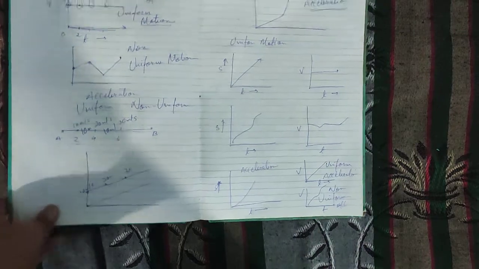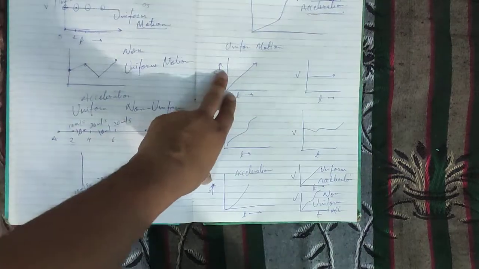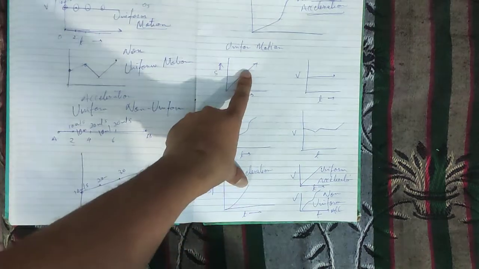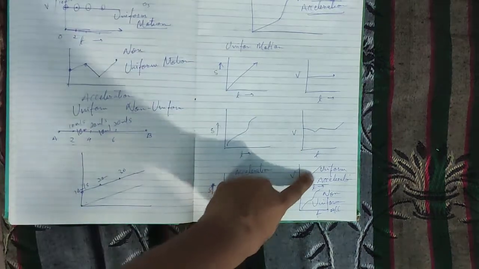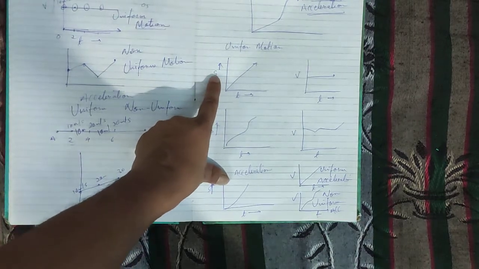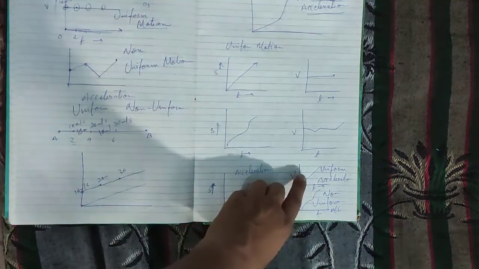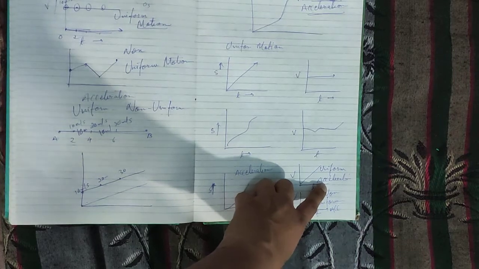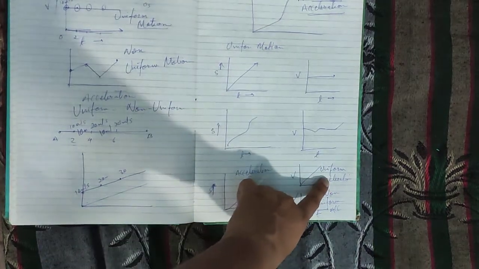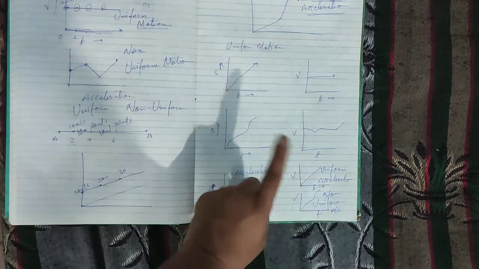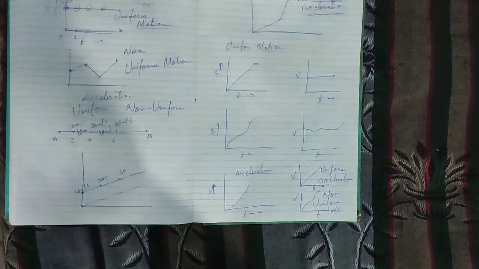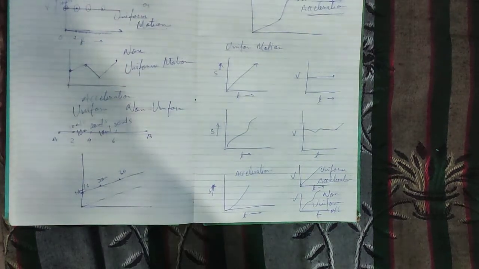The important thing is this graph and this graph. Don't get confused. If it is a straight line, it is uniform. Again, this is a straight line, it is uniform. But if it is S over here, that means it is uniform motion. And if it is V over here, then it is uniform acceleration. Don't get confused in between the two. If it is uniform acceleration, then the object is not in uniform motion because its velocity is increasing. These two graphs are totally different. So don't get confused in between.